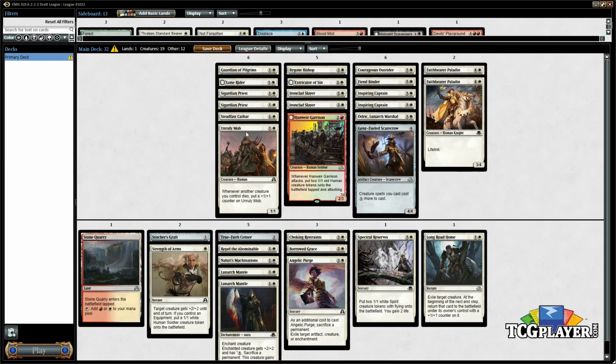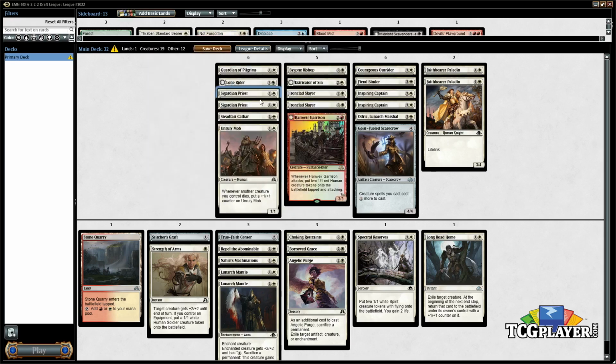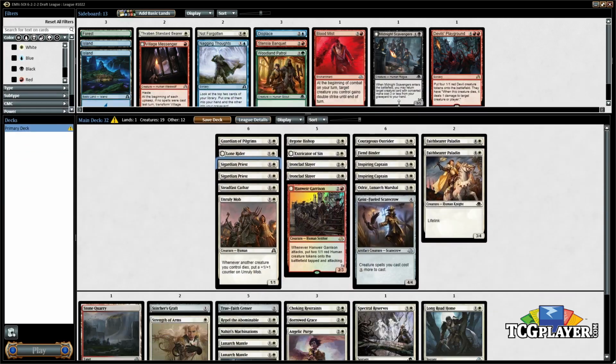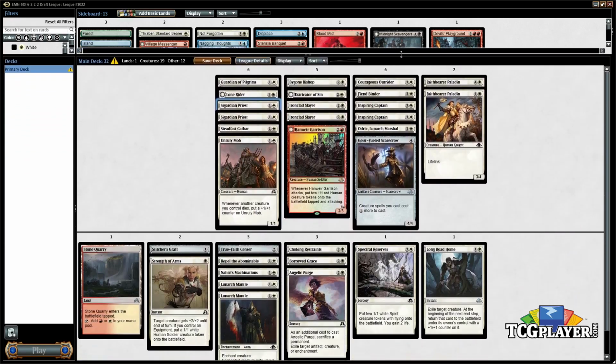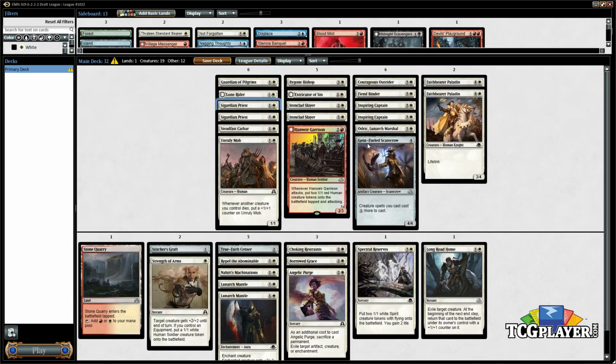Okay, so our 2 drops. Lone Rider is excellent. Tappers are excellent. What's our clock? How much time do we have? Do we have infinite time? I don't know, this is a draft league. I don't see a clock anywhere. Alright, so